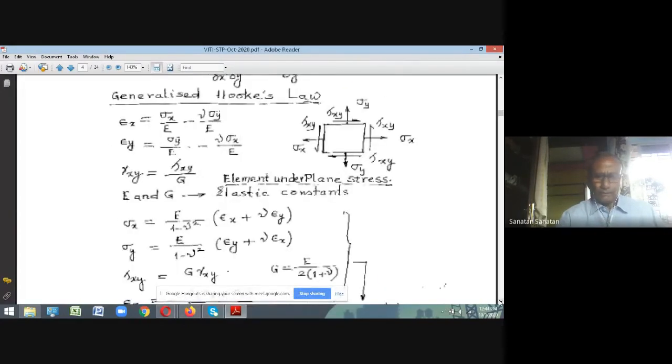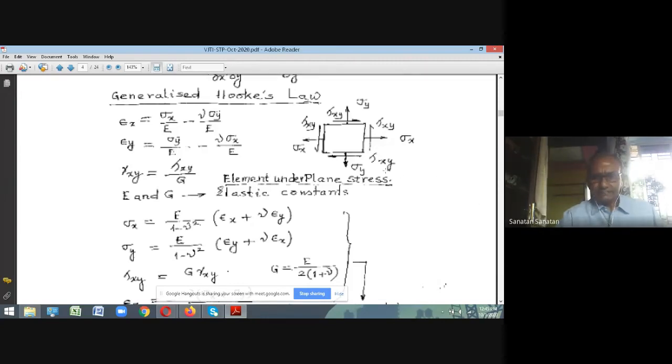Look at this, generalized Hooke's law. So this must be considered. The deformation process is governed by generalized Hooke's law. So when you consider an element with the stresses sigma x, sigma y, and tau xy, then you see in that case, the deformation,